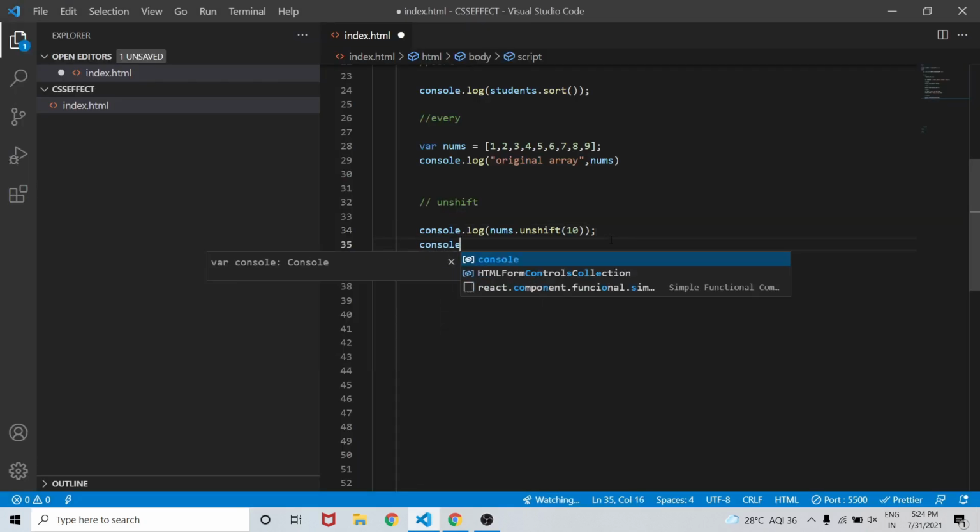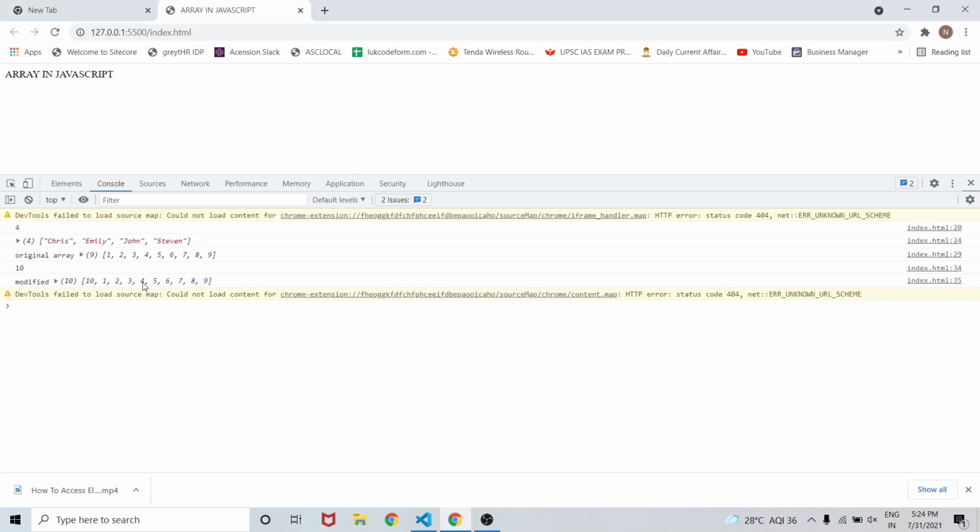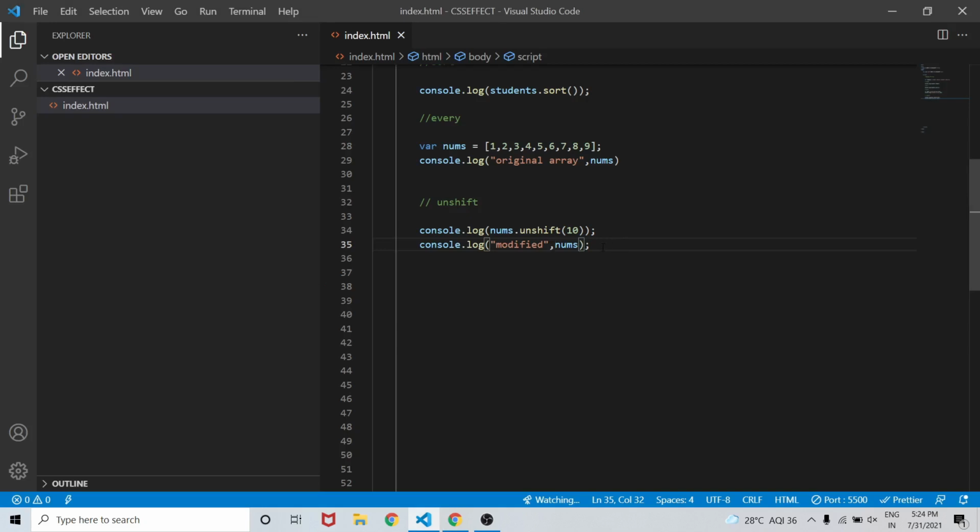Now if I console.log nums, you will see the first element will be 10 in our array. So let me write some string here, that is modified array. So as you can see, the modified array has the first element as 10, whereas our original array had first element as 1. So this is how unshift works.